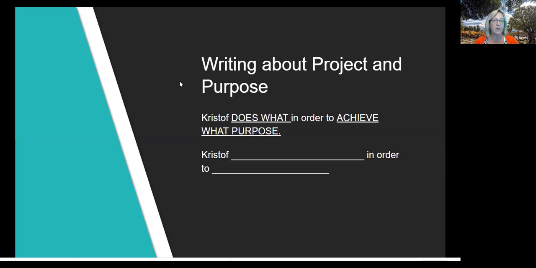So, Gabriel, to rephrase that, Kristof provides hyperlinks and evidence in order to show that Hispanics aren't the way people normally think about them. Kind of like that? Yes, yes. Nice. Last one, group 7.